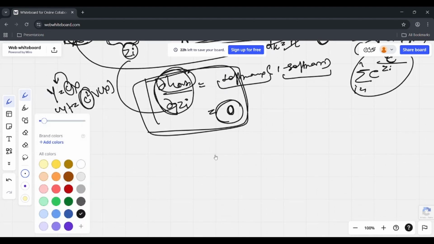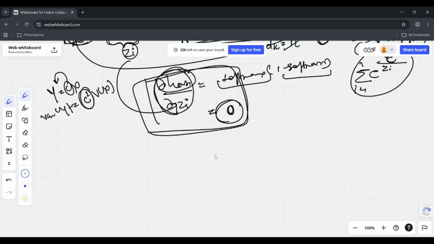let me change the pen color. So what I'm saying is that in order to understand why we divide by the dimensionality of the k vector, we need to understand the nature of the dot product. And that is that whenever the dimensionality of the vectors increases, then the variance of the dot product also increases.